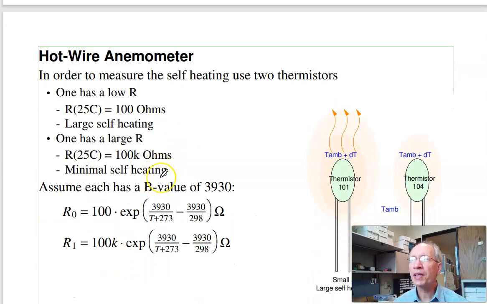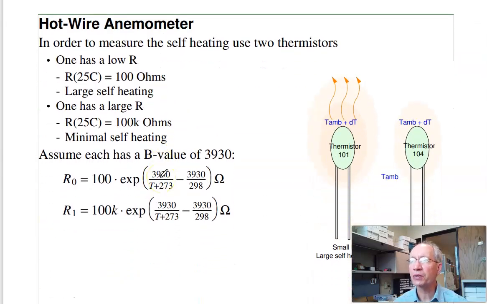So this is why they actually build thermistors of different values. They have 1 ohm, 10 ohm, 100 ohm thermistors, small resistance. They have 100K, 1 meg thermistors, high resistance. The small thermistors have higher self-heating. For example, if I went to a 100 ohm thermistor,